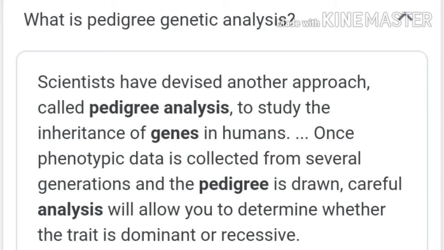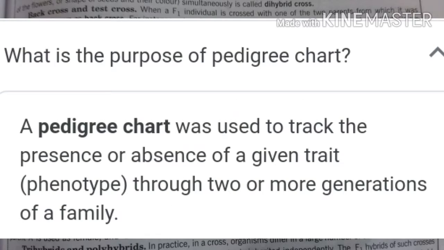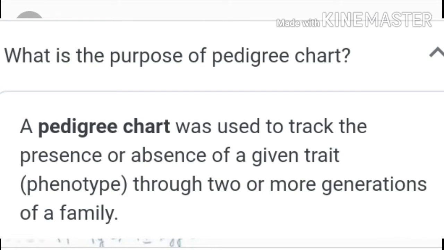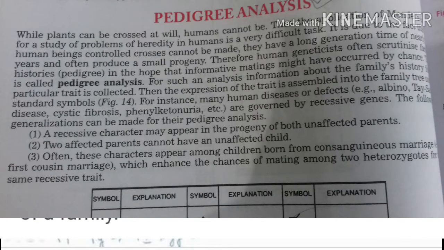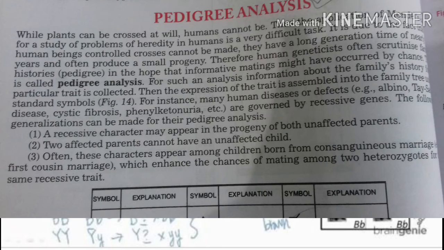Now I am talking about pedigree analysis. A pedigree is a systematic listing, either as words or symbols, of the ancestors of a given individual, or it may be the family tree for a number of individuals. It is customary to represent female as circle and male as squares. Mating is shown as a horizontal line between two individuals. The offspring of mating are connected by a vertical line to the mating line.